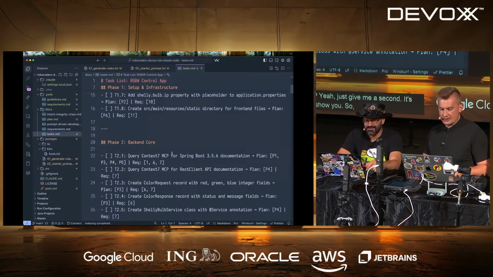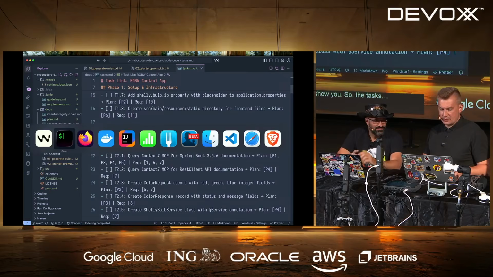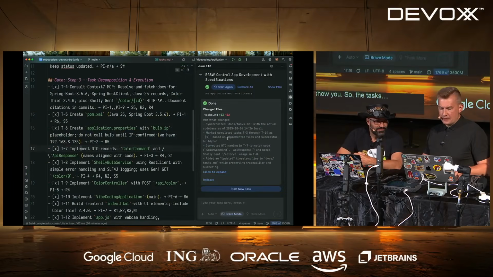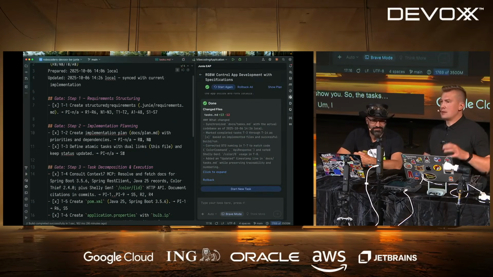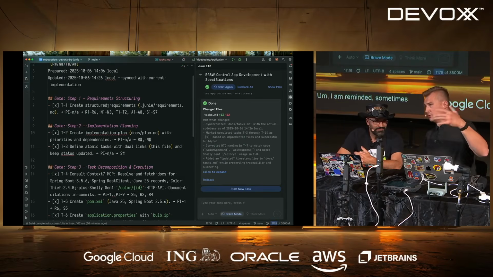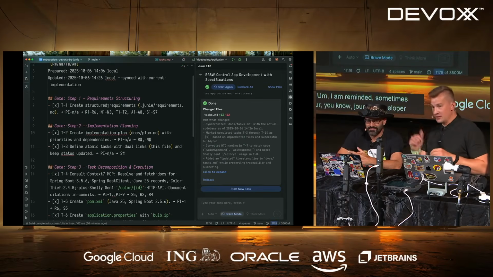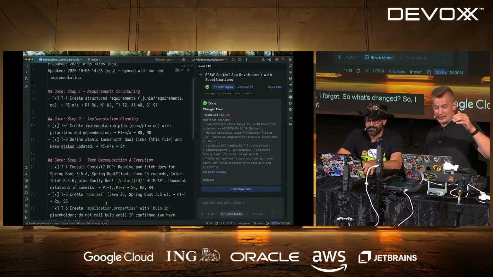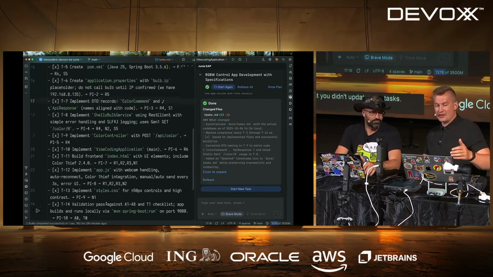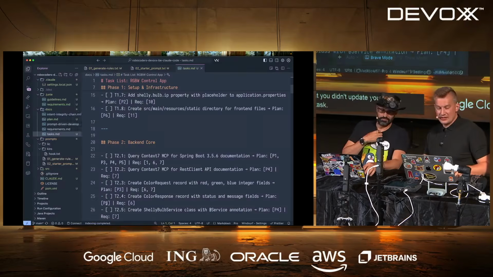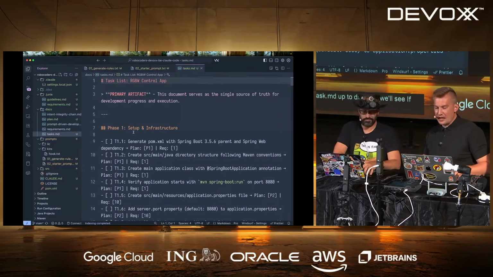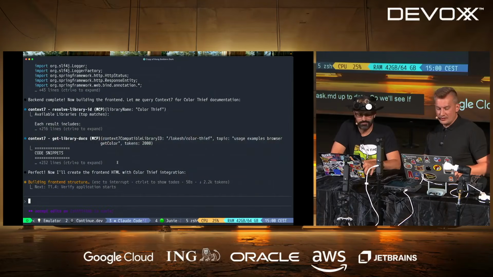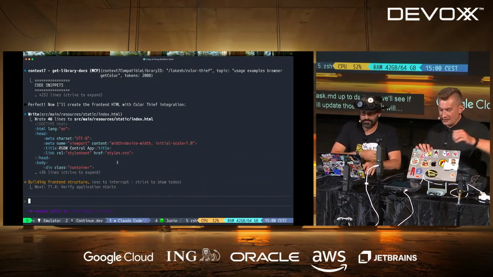So the tasks on the previous run, I reminded it. Sometimes you need to remind your colleague or your junior developer, saying, "Hey, did you go and update your tasks based on the implementation?" And they say, "Oh yes, I forgot." So I said, okay, you implemented this, but you didn't update your tasks. Now it went and updated the tasks, and my task.md is up to date. We'll see how Claude Code will update those tasks when it's done with this CI.